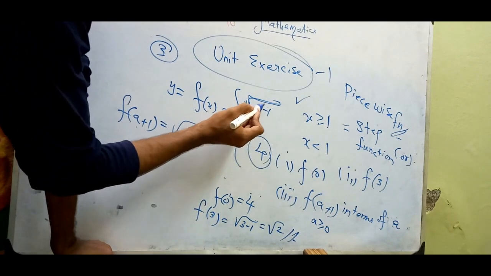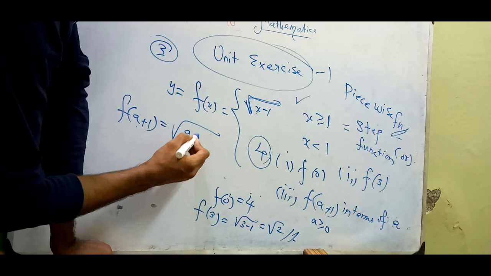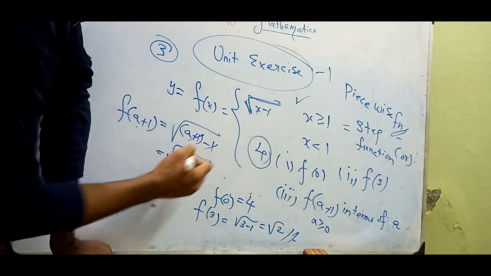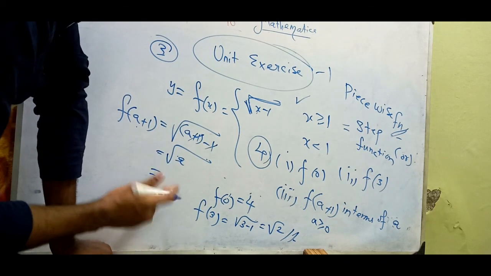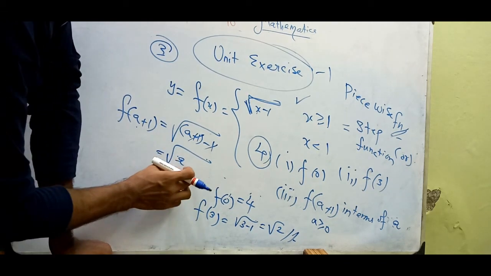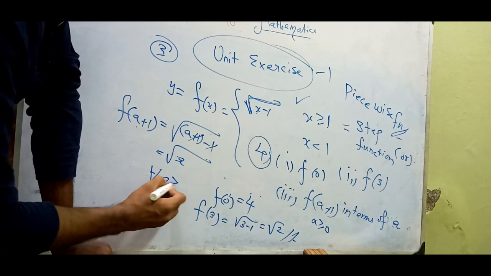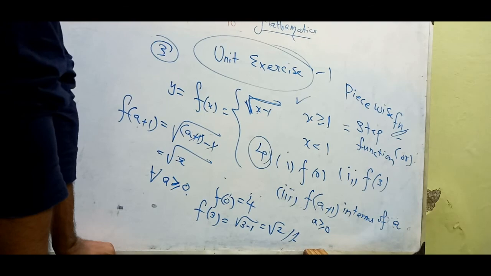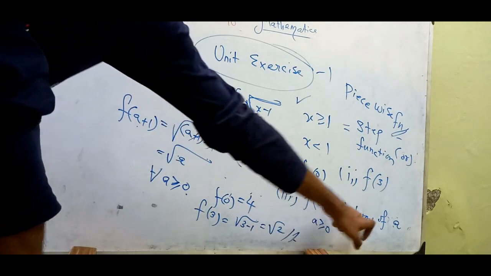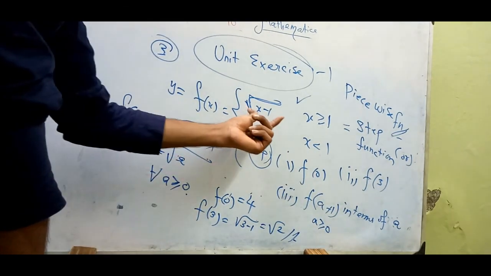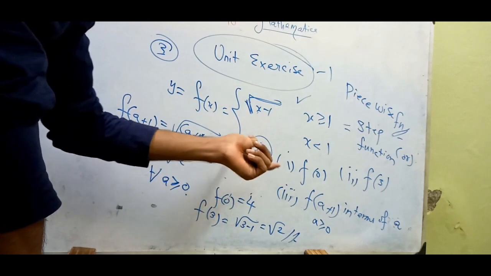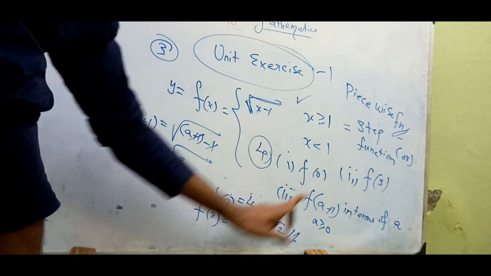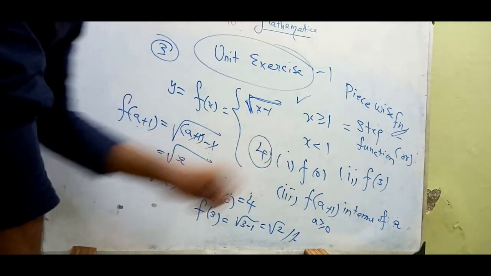So there will be a plus 1 minus 1 under the root, and plus 1 and minus 1 will get cancelled. A will be the remaining, for every a that is non-negative. Okay, I'll explain once again. F of a plus 1 in terms of a will be represented only in this way, not in this way. It will be represented in this way also, only when x is less than 1 and between 0.